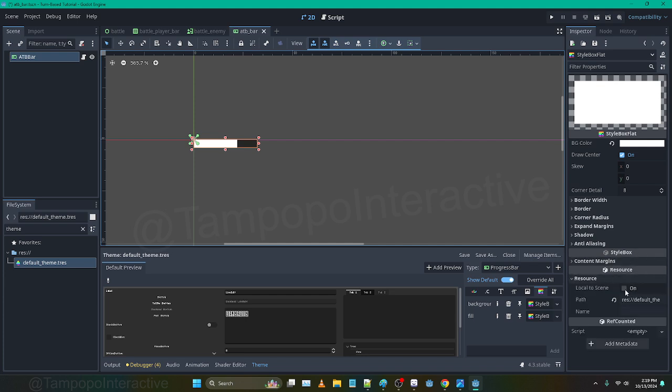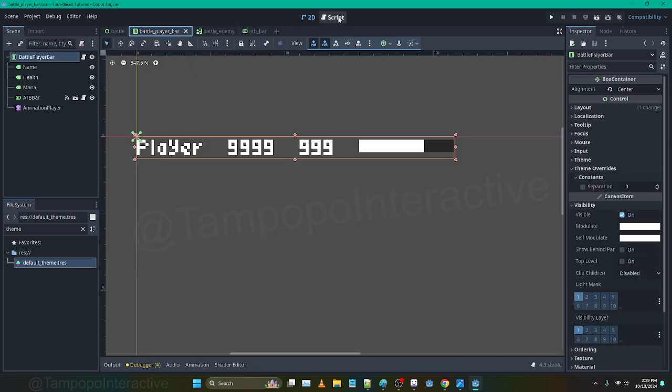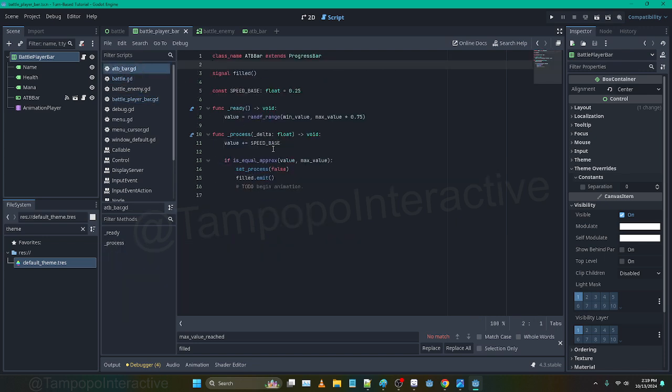If we do local to scene, I think we can modulate it by